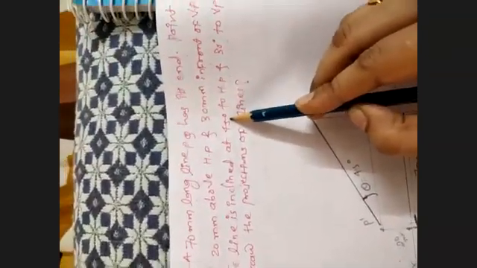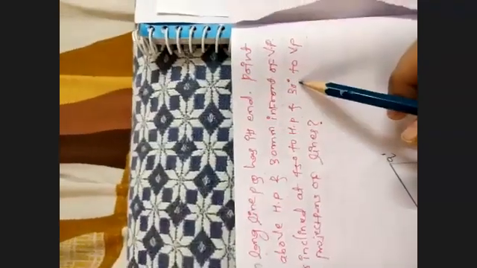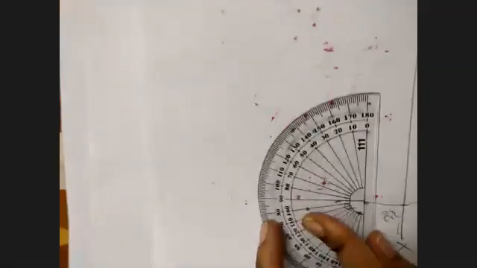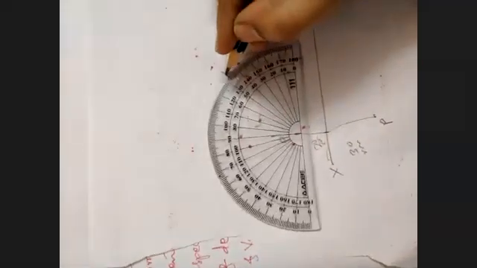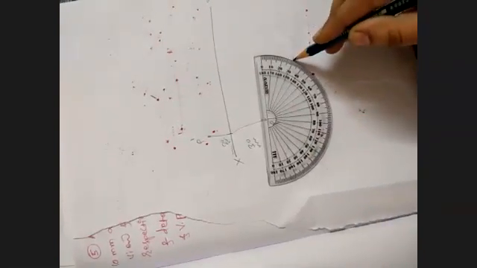Means 45 degree, which angle? Theta angle, phi angle, alpha angle, beta angle? Theta angle, ma'am. And 30 degree, which type of angle? Phi angle. By using your protractor, keep like this and take 45 degree angle. This is nothing but your theta angle. Similar procedure from this side, take 30 degree angle like this. By using your scale,